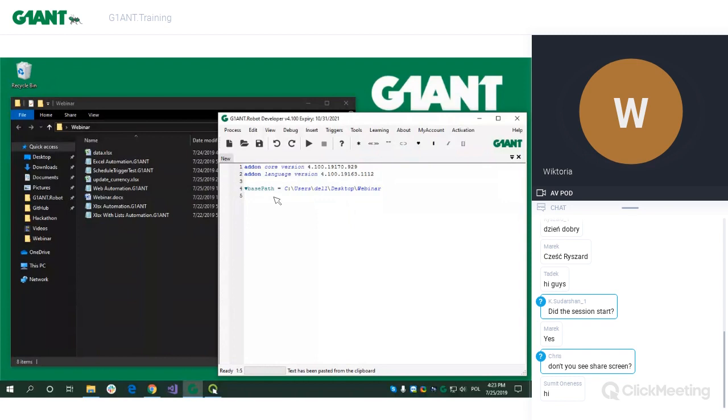So I'm going to create a path to this file by declaring another variable, for example, called data file path, containing this base path, and then using a backslash and inserting the name of this file,